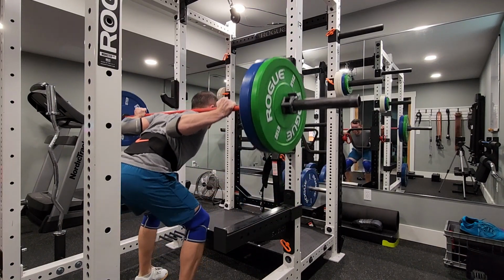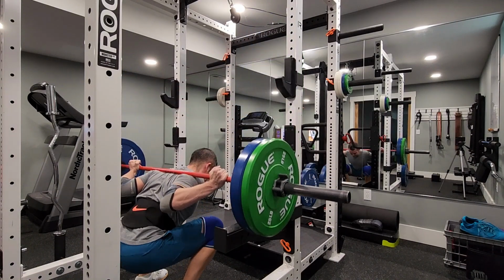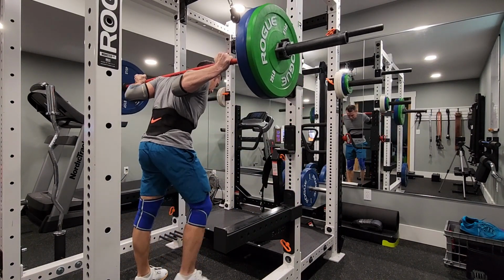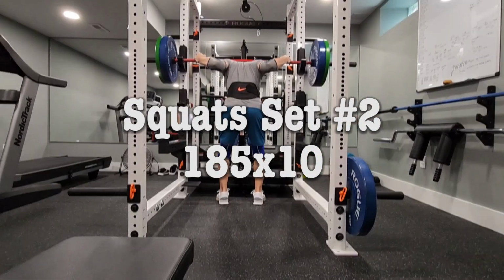Guys, this is the beast. The brand new EcoFlow Delta Pro Ultra. Guys, this is one of the most powerful